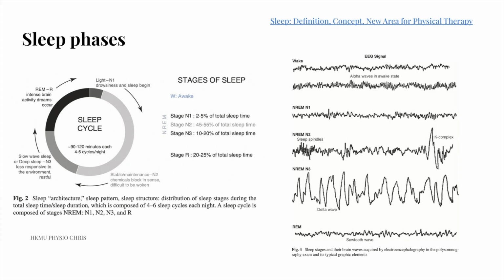N1 sleep stage presents typical graphic elements in EEG, such as the vertex waves. Sleep progresses through deeper non-REM stages N1, N2, and N3 before the first episode of REM sleep, which occurs about 80 to 100 minutes after N1. Here, the time from the beginning of sleep to the first REM sleep stage in the cycle is called REM sleep latency. Back to sleep pattern, most of the night's sleep occurs in N2, characterized by slow waves, that is,